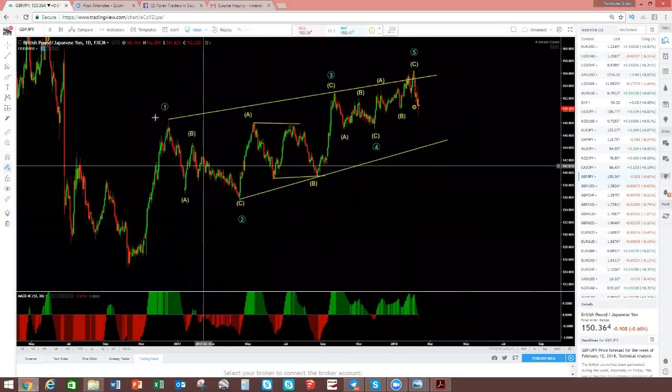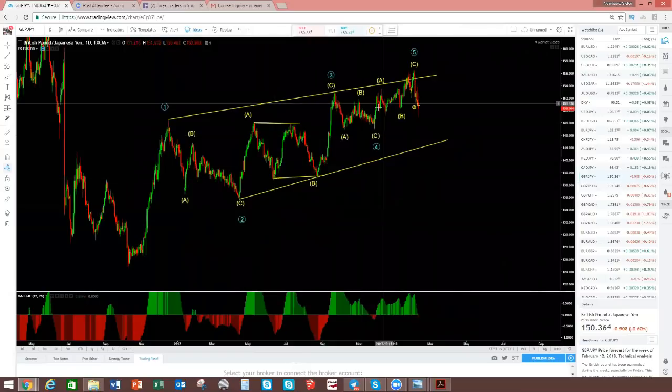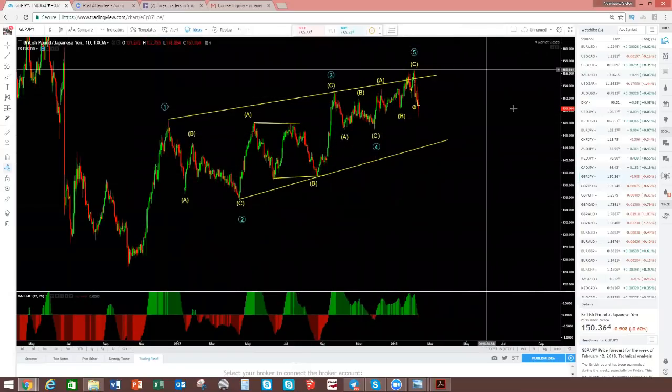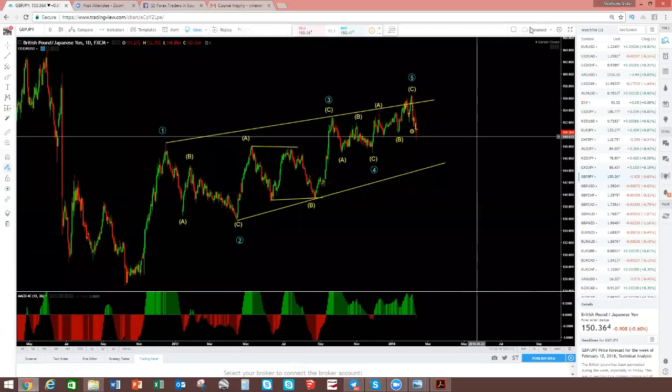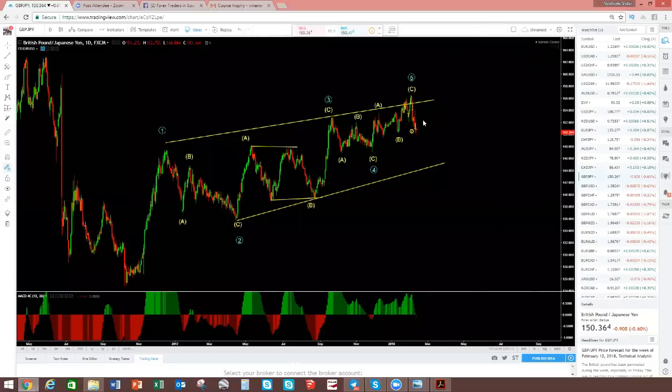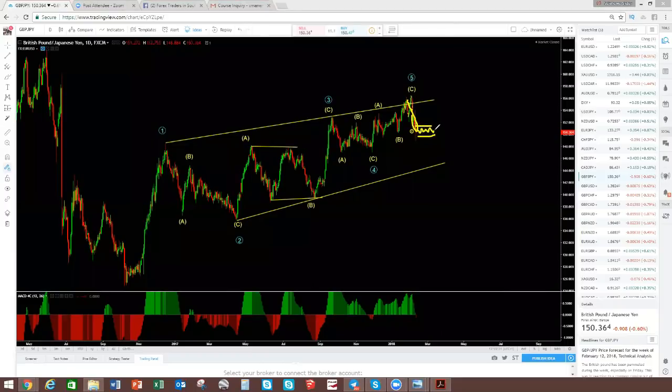So this was the first one, looking at this as a leading diagonal in wave A, as you can see there. So now it pushed up here. We expect wave 5 of a diagonal to push up before it gives us a move down. So we may be getting, we're just waiting for a correction to get more entries here. We've been short since